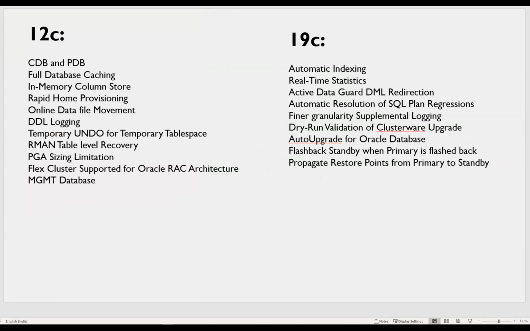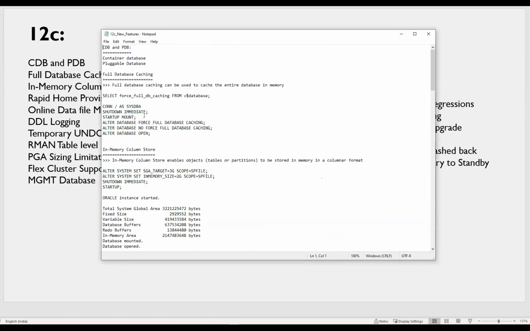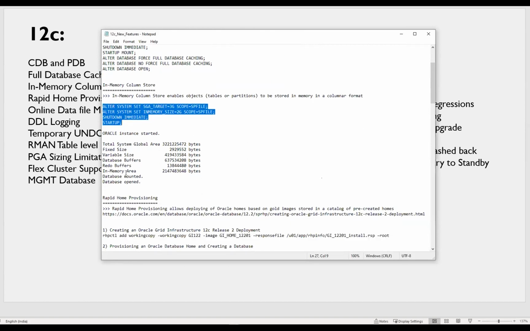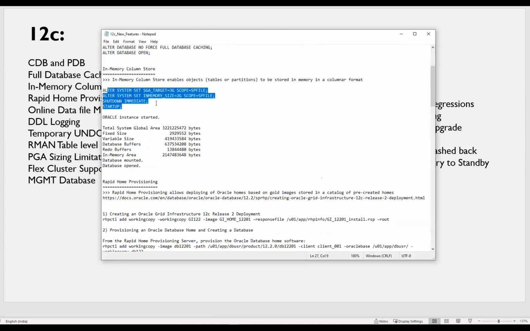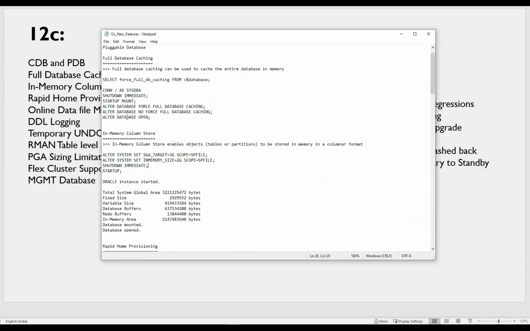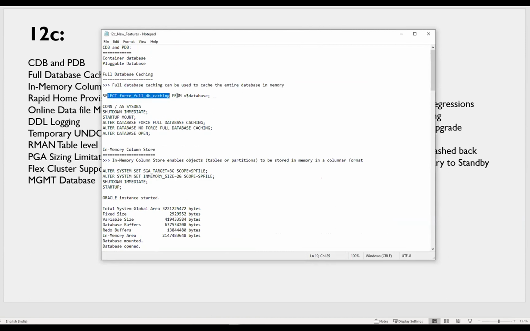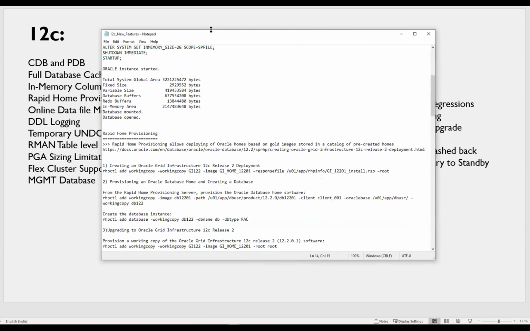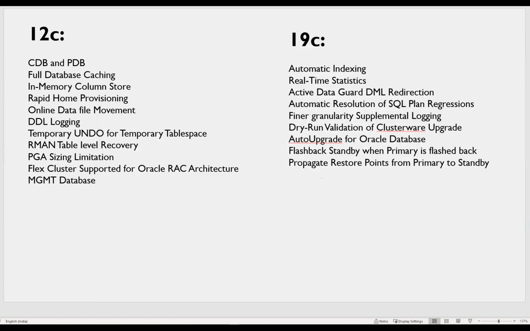For that, I have made all the run books, and this is going to be an interesting live session. We will implement all these activities, all these new features I'm talking about. I will explain exactly how, for example, full database caching, how to check it at database level, forceful DB caching, and then you need to shut down your database and start it in mount mode. I was preparing this, and definitely in our next session, this is going to be our next topic. That's what I wanted to announce now.